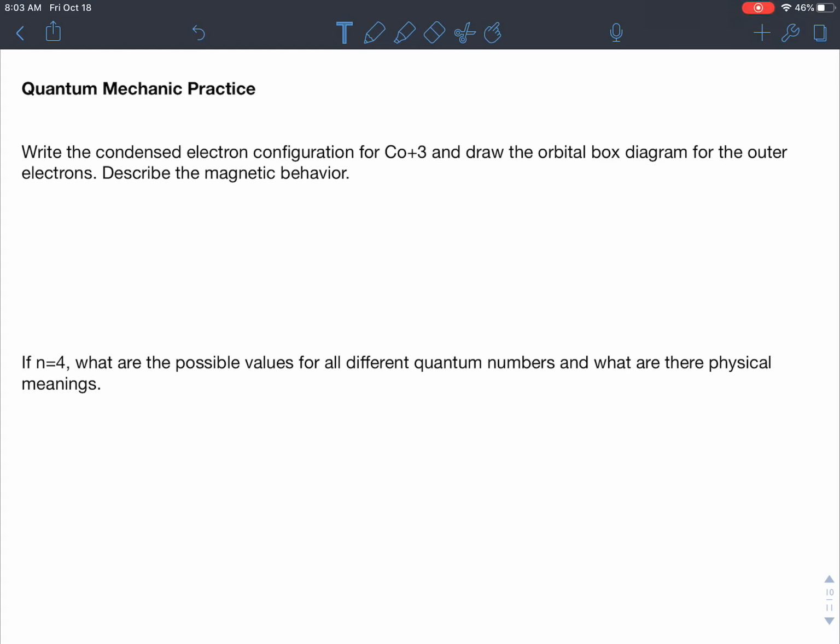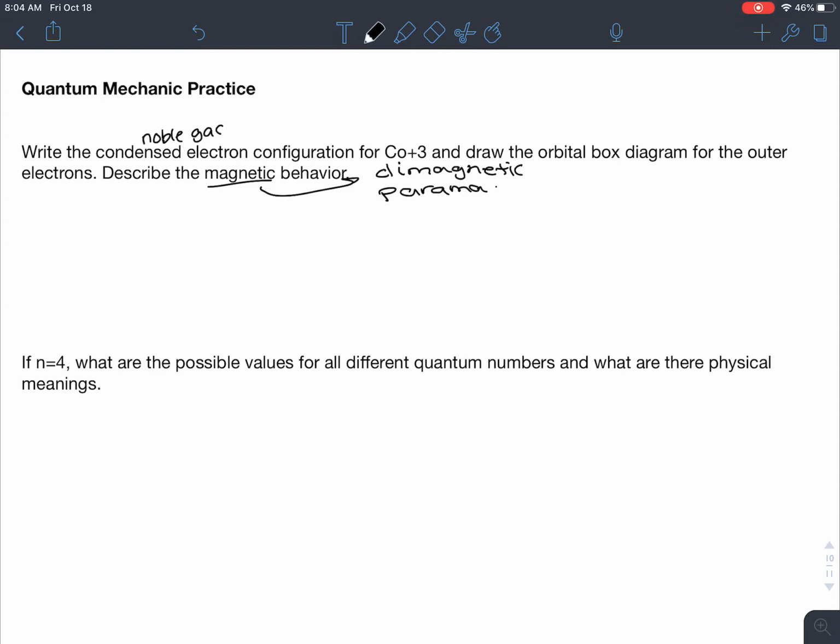Putting quantum mechanics, electron configuration, and orbital theory into practice. Write the condensed electron configuration, also known as noble gas, for Co3+. Draw the orbital box diagram for the outer electrons. Describe the magnetic behavior. We talked about two terms, diamagnetic